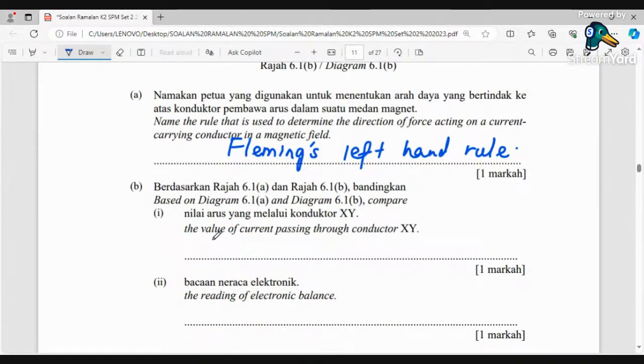B1, compare value of current passing through conductor XY. So you can see 6.1A, 5 ampere, 6.1B ialah